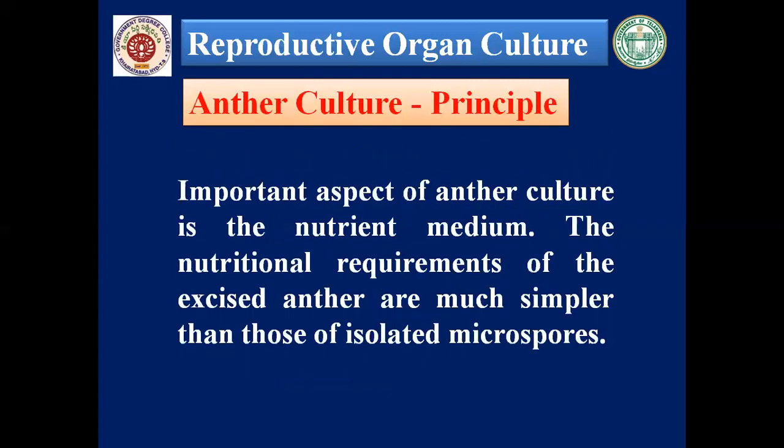Next, why? Because the low temperature has been ascribed to a number of factors such as dissolution of microtubules, alteration in the first mitosis, or maintenance of a higher ratio of viable pollen capable of embryogenesis. That's why we have to do the process at the low temperature. So that's why we have to go with the cold treatment, which helps the embryogenesis by repressing the gametophytic differentiation. Okay, that is one thing.